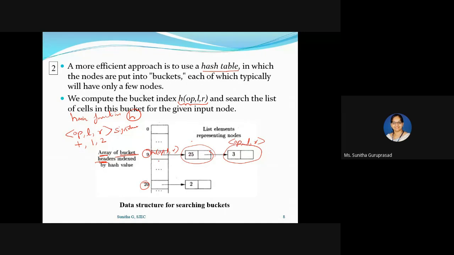For each value number v found in a particular cell, we check whether the signature OP, L, R of the input node matches the value number in the cell. If a match is found, then they create a cell.